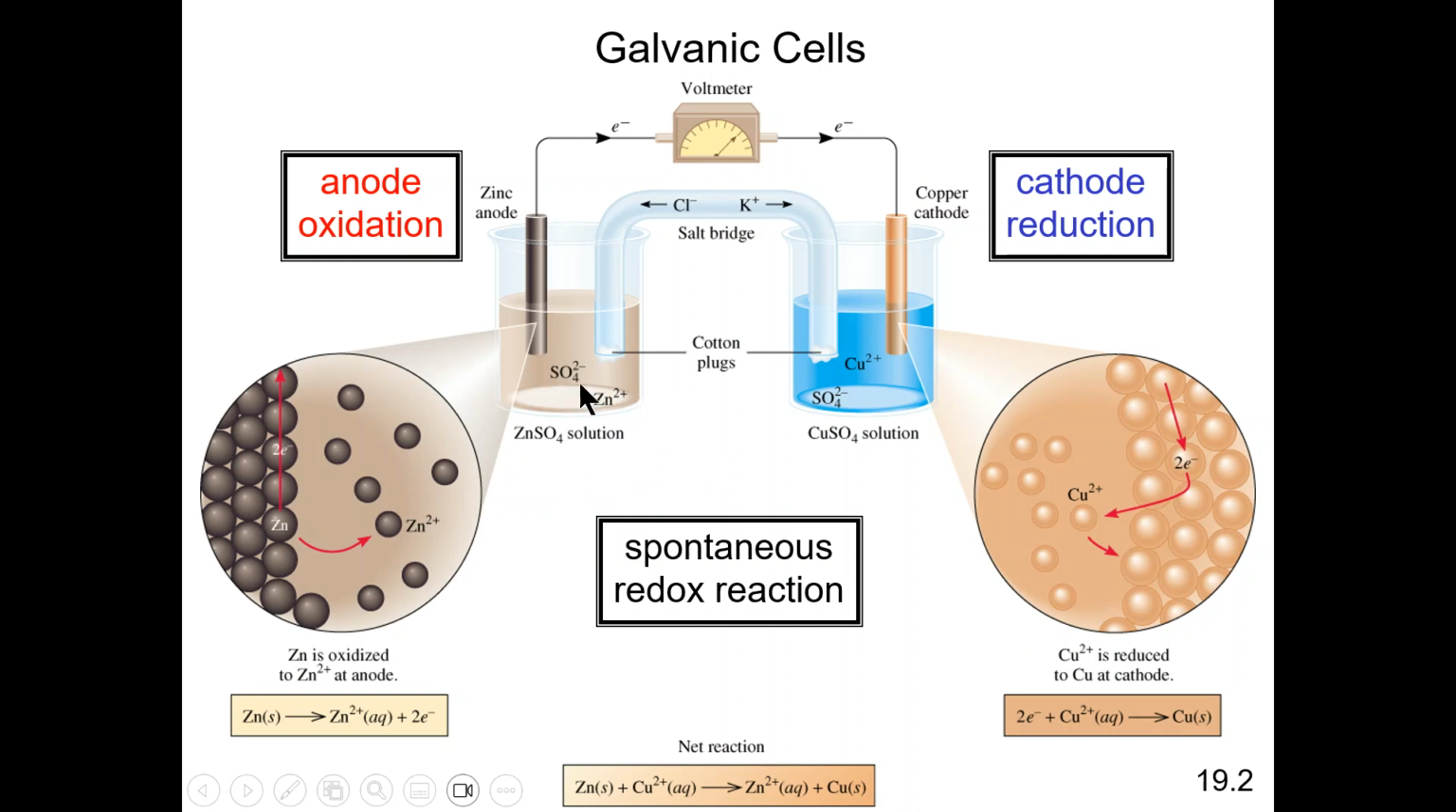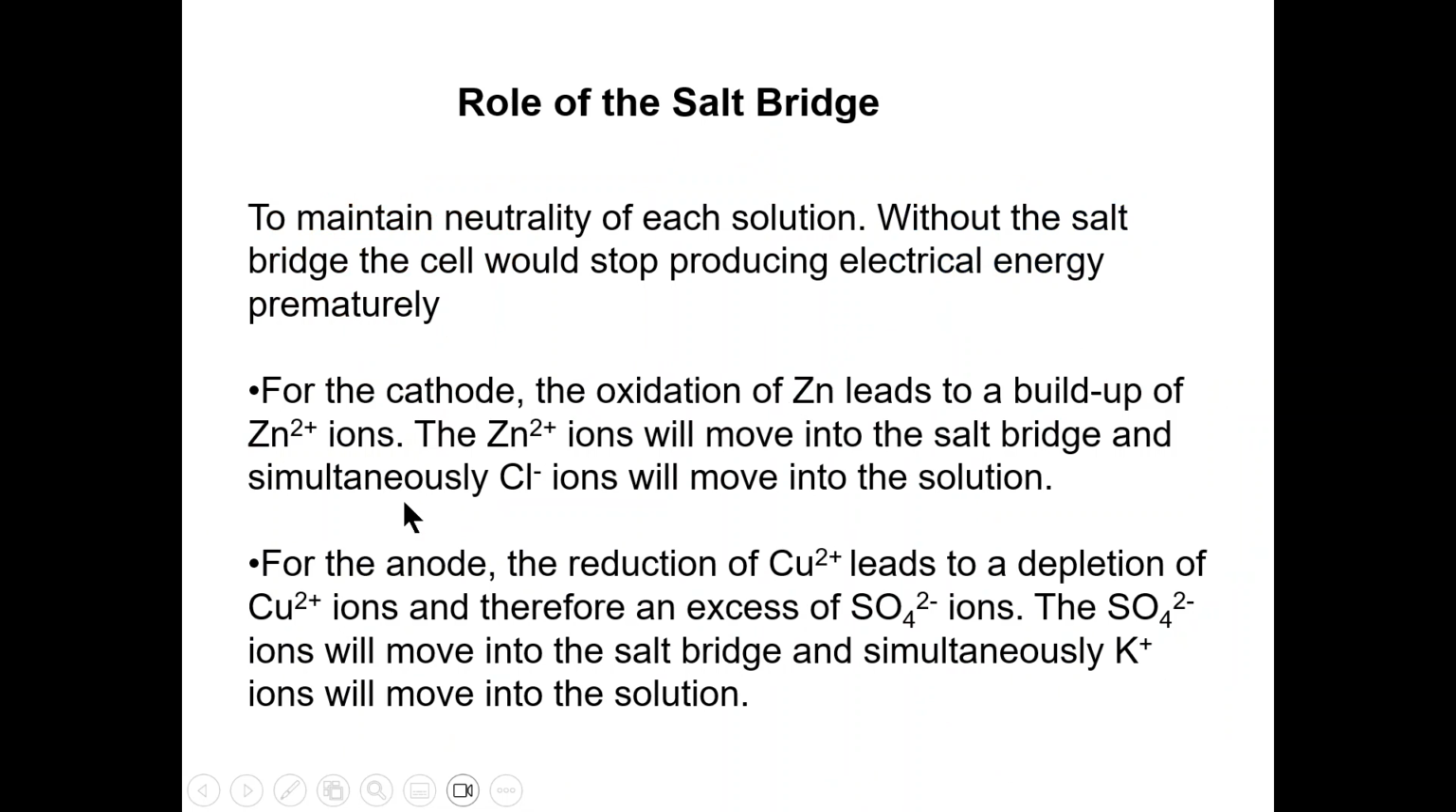Because basically, as a result of the relatively high concentration of the zinc ion present, that would reduce the amount of electrons that will be lost and therefore enter the external circuit, all right? So the role of the salt bridge is basically described here. For the cathode, as I said before, there'll be a buildup of the zinc ions. So what will happen in order to maintain electrical neutrality in the cathode is that the zinc ions will move into the salt bridge, and at the same time, you're going to have the chloride ions from the salt bridge